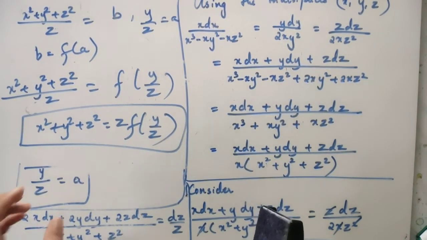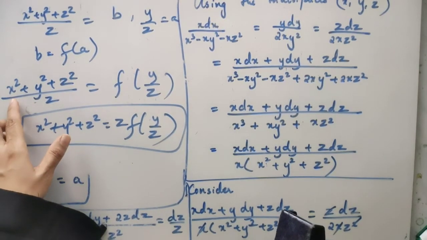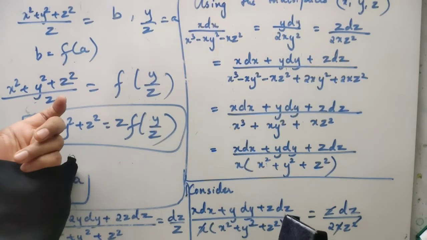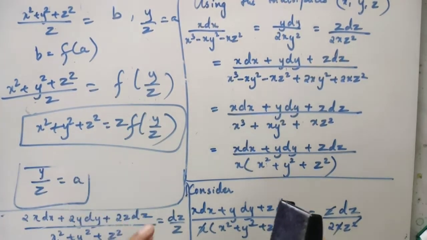The only thing is, you should be thinking about the arbitrary functions what you are getting, that is x square plus y square plus z square, these things are very important. Divided by z, y by z, all these make a very important role. Otherwise the places for a and b are not at all the point of concern.